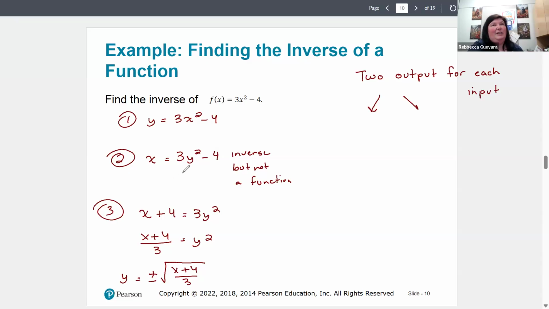What you'd see is that if I put in x, y is going to be either the negative square root of x plus 4 over 3, or y would be equal to the positive square root of x plus 4 over 3. So we have no inverse function